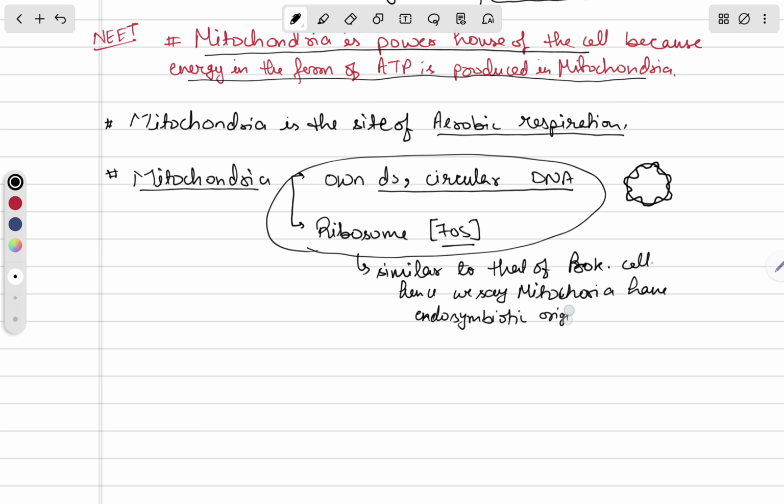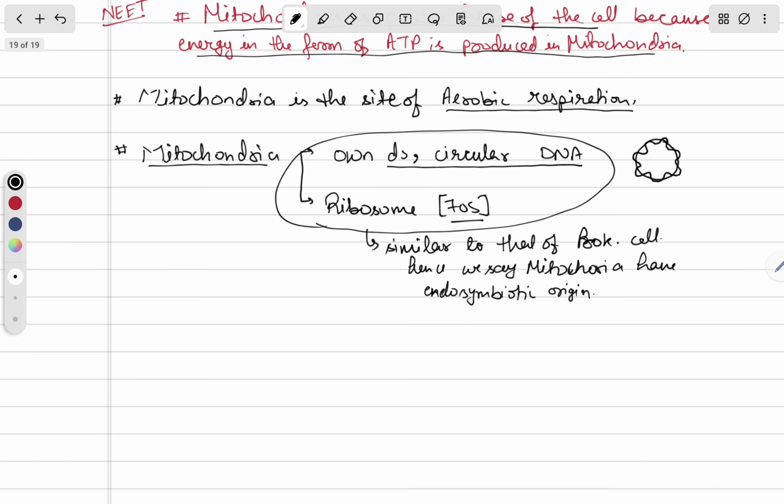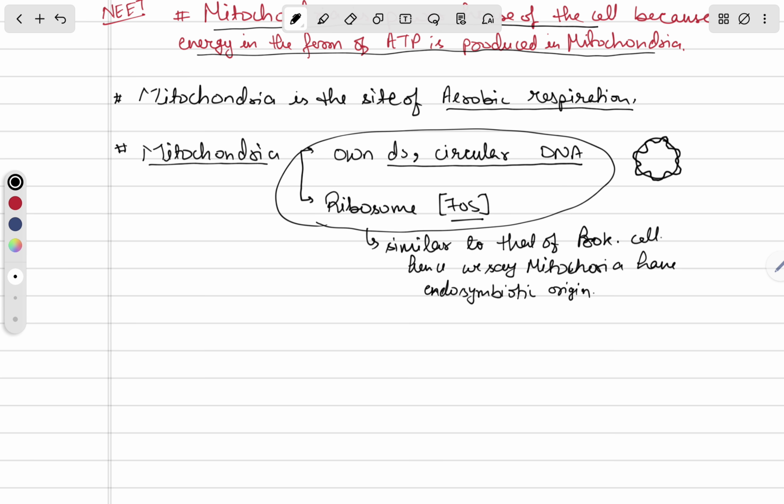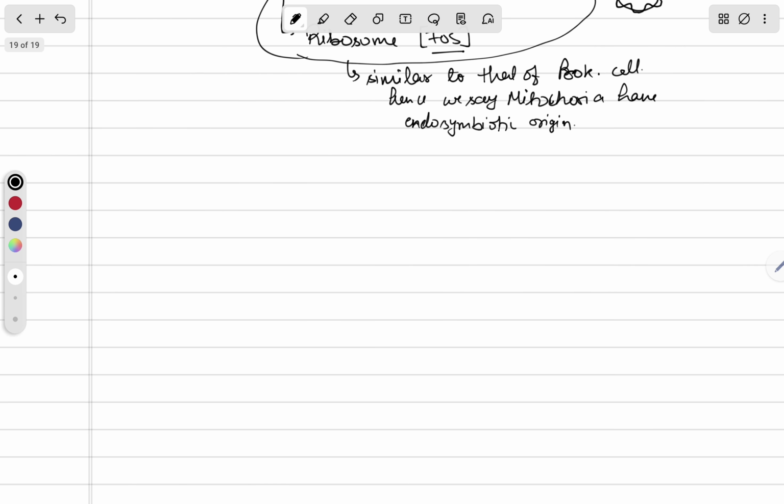That means they originated from prokaryotic cells, since they have some similar features as prokaryotes. So mitochondria, since they have their own DNA, their own ribosome and some RNA particles, is also known as